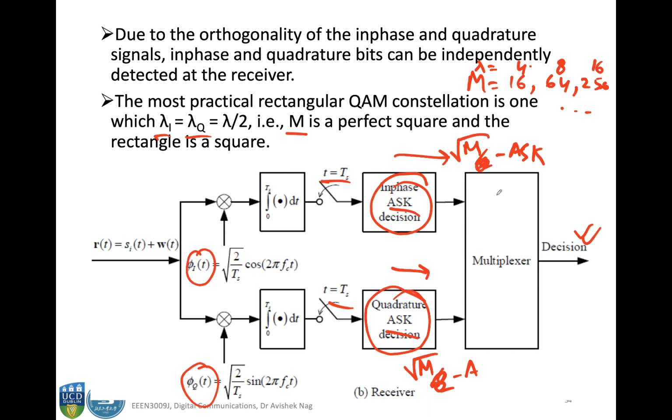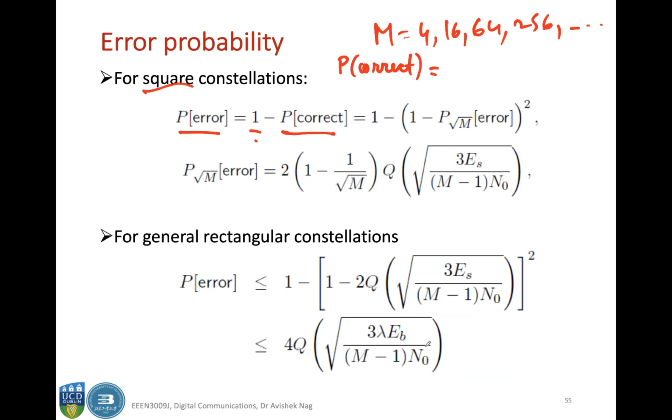So if you have 16, then this is a 4 ASK and this is a 4 ASK. If you have 64, then this is an 8 ASK and this is an 8 ASK. So for square constellation, the probability of correct is basically 1 minus the probability of error for a square root of M ASK. Okay, so this is the thing, and square of that, because you have two